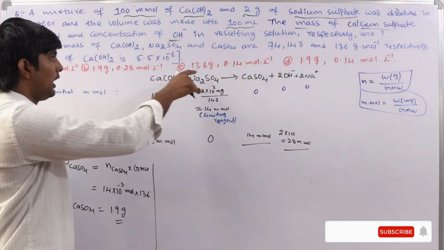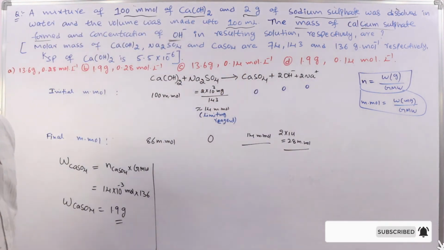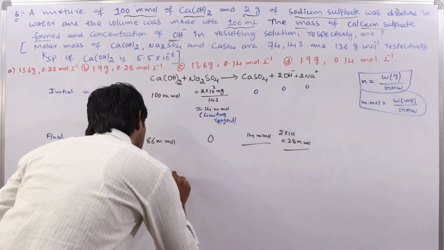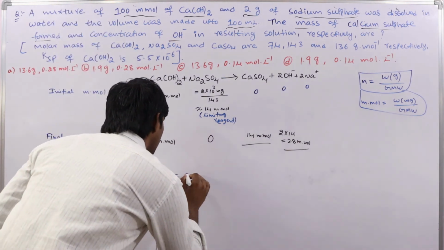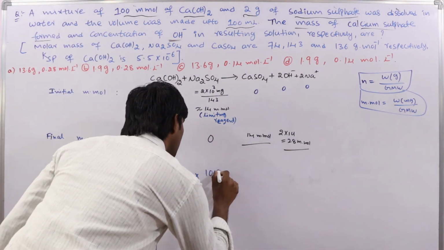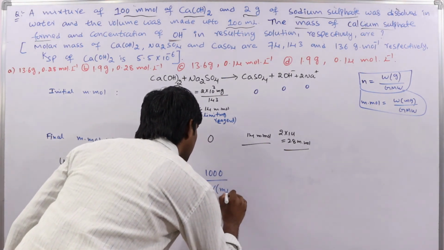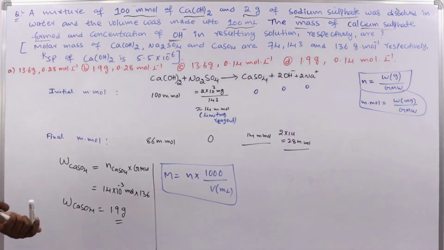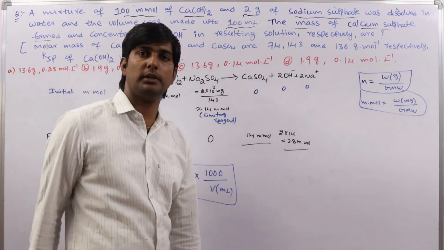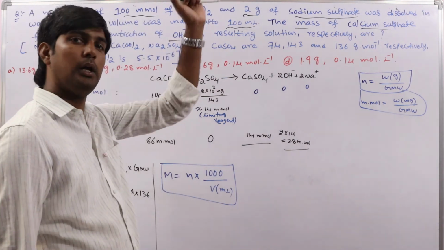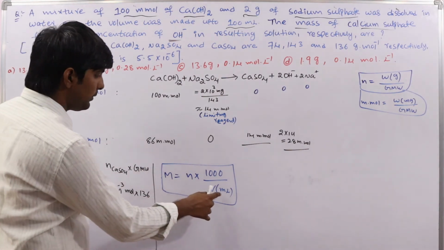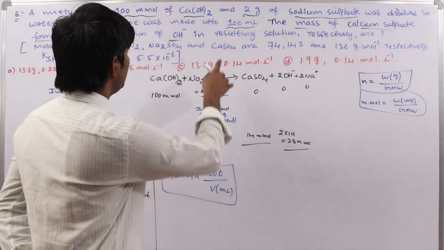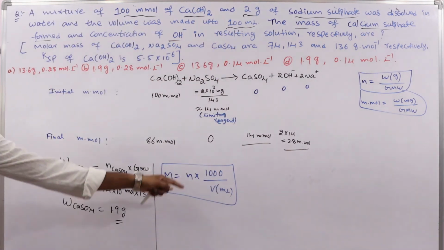Next, one more thing, they ask you to calculate the concentration of OH minus ion. By looking at the options, concentration is given in molarity. So what is the molarity formula? One of the molarity formulas is number of moles into 1000 by V in milliliter, because here volume is provided in milliliter, so we are using this formula. We discussed different formulas for molarity, 10 types, in the previous lecture. You can go through them once, because depending upon whether the volume is given in liters or milliliters, we use a suitable formula. Here volumes are given in milliliters, so we are taking this one.